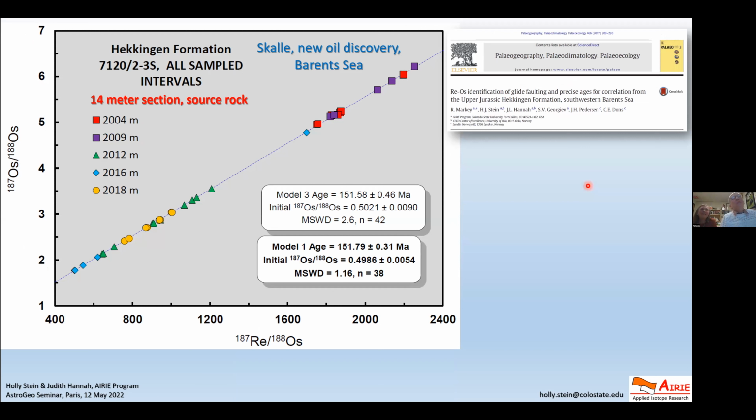So another thing, this was a new discovery in the Barents Sea, and I want to show you another way how you work with the rhenium-osmium clock in shales. We sampled 5 pieces of core, all 5 to 10 centimeters long, over 14 meters of this Upper Jurassic source rock at this locality where there's a new discovery. And if we take all the points from each of these cores, because we have an isochron for each one of these, put them here, this amazing plus or minus 300 million years for this 14 meters of core.